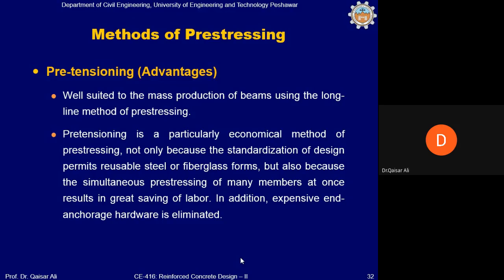सबसे बड़ा एडवांटेज जो इस मेथड का है वो ये है कि जब आप एंकरेज डिवाइसेस के जरिए प्रीस्ट्रेसिंग फोर्स ट्रांसफर करेंगे तो एंकरेज डिवाइस की भी काफ़ी कीमत होती है, वो एक्सपेंसिव डिवाइसेस होते हैं, और ये सिर्फ बांड की वजह से स्ट्रेस ट्रांसफ़र कर लेते हैं। और ये मेथड ज़्यादातर फैक्ट्रीज़ में जो गर्डर्स और स्लैब्स तैयार होते हैं उनके लिए ज़्यादा मुफीद है, क्योंकि एक वक्त में इसमें ज़्यादा प्रीस्ट्रेस्ड मेंबर्स प्रोड्यूस हो सकते हैं।